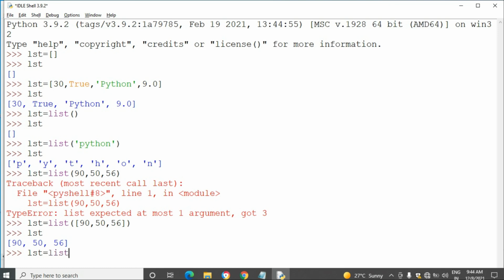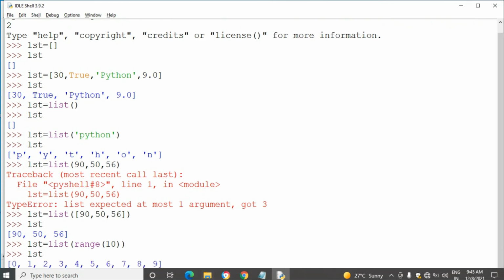I'm taking list equal to list of range of 10. This is the end value. Then the starting value, I didn't give the starting value and range value, these are optional.